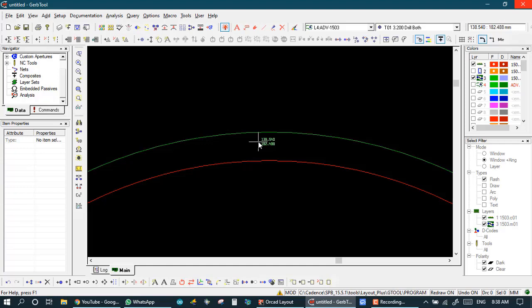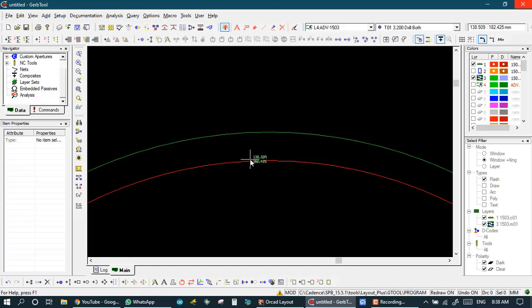So here we make it 0.15 mm. For this, first we make a change in the masking layer. First we make the masking the same as the copper layer. So I set the size of the masking layer like the copper layer.